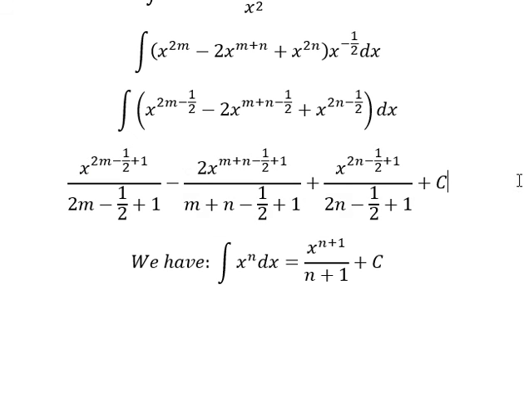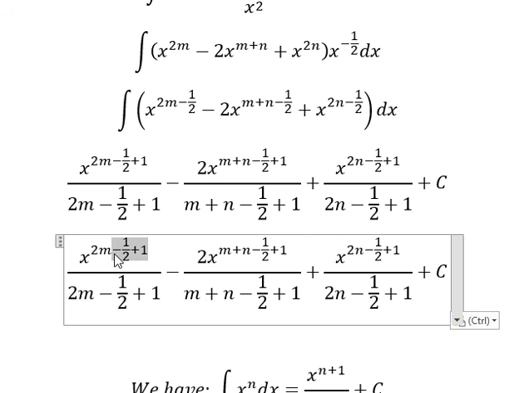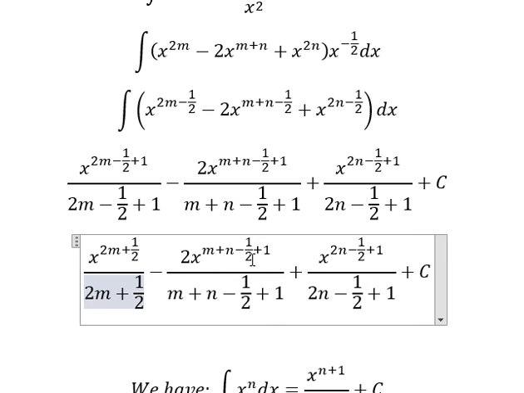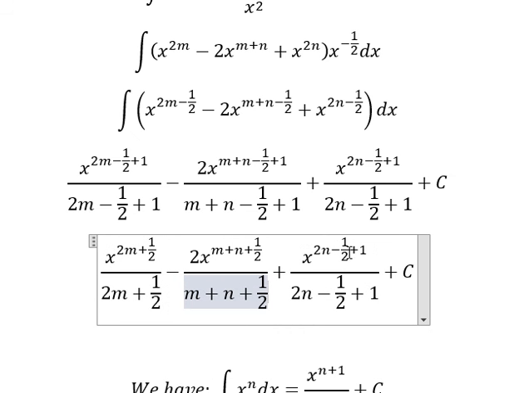So this one is positive 1 over 2. This one is positive 1 over 2. And the last one,